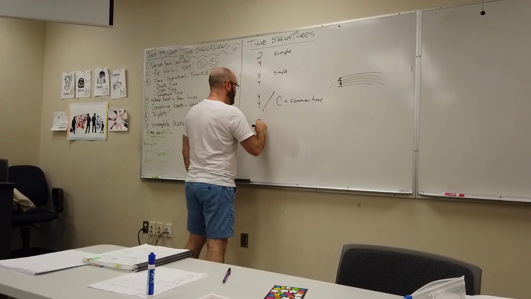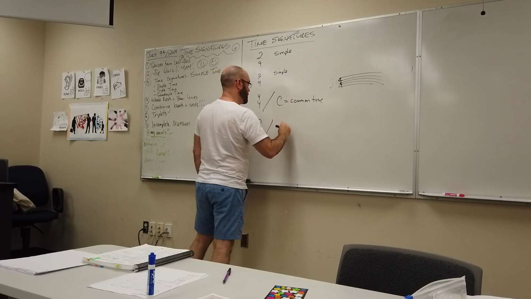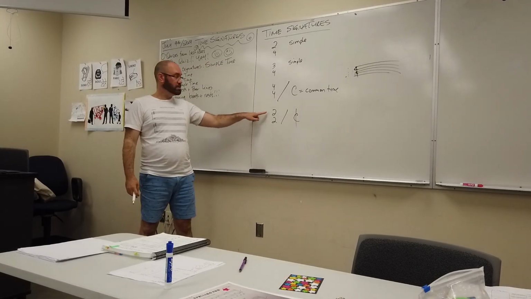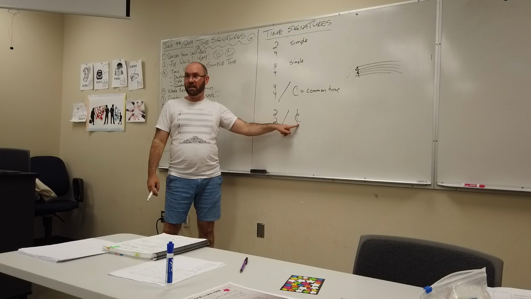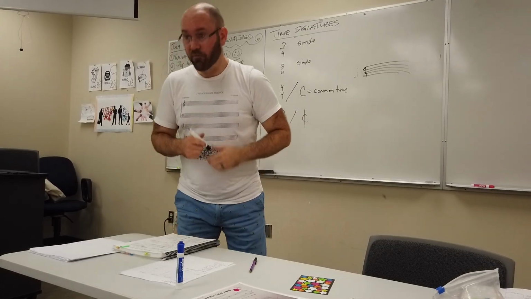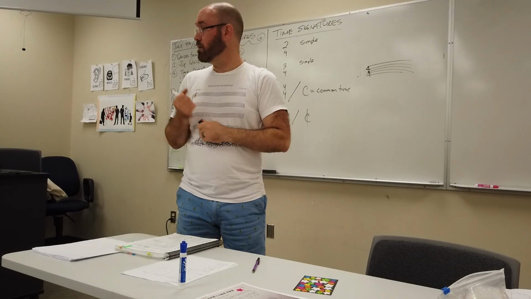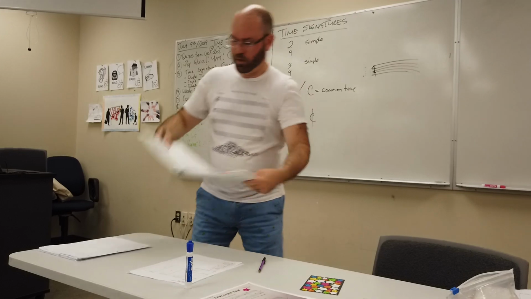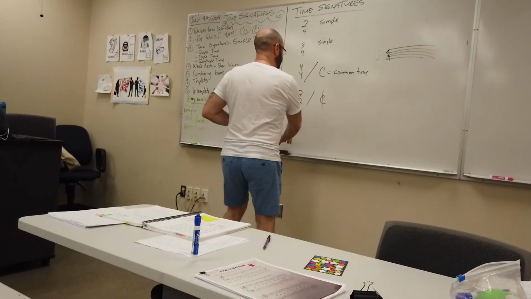And then the other one that we have is called cut time, and it's 2/2 time. Two half notes is written as a C with a slash through it. You can see that on the bottom of page 87. So everyone take a look at the bottom of page 87 and you'll see that there. Okay, now,